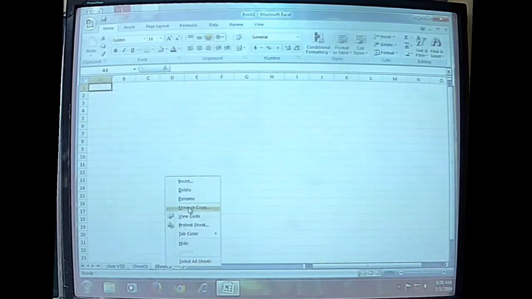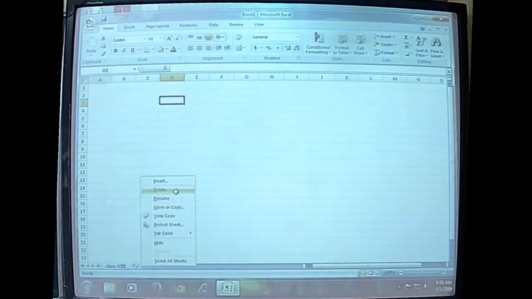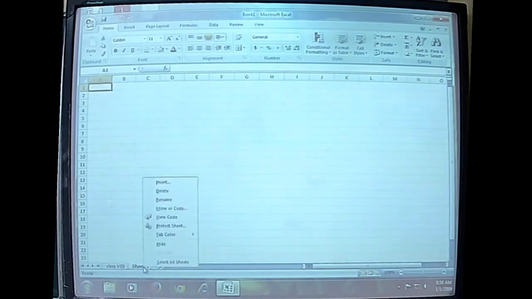If you don't want a sheet in your workbook, it is possible to delete it, and at the same time it is also possible to add a new sheet or workbook.